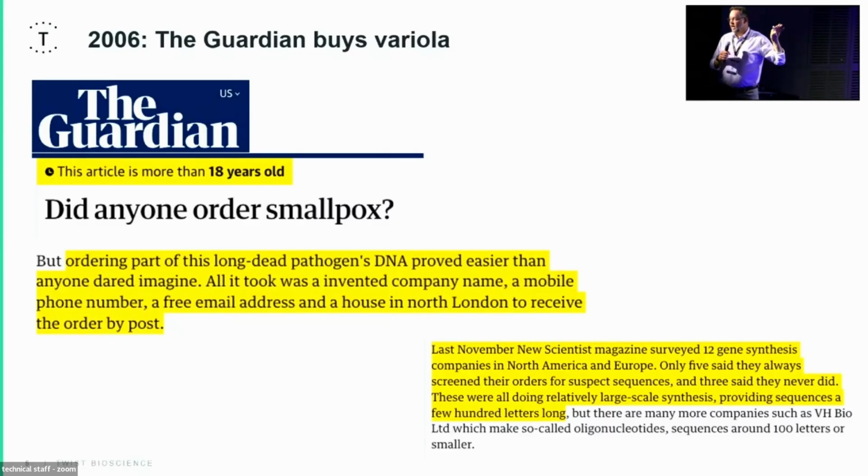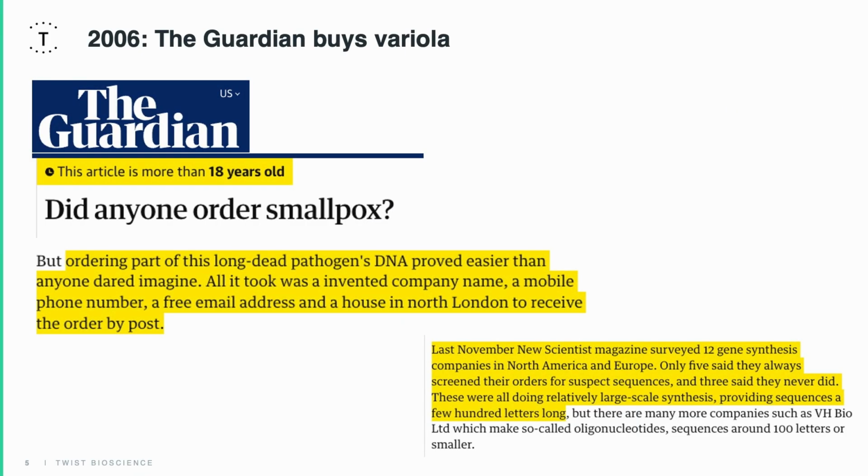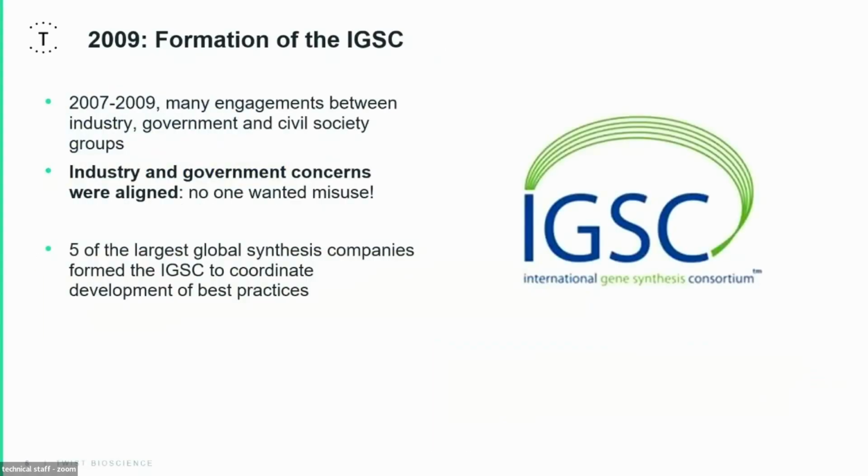And this really, I think, built a lot of attention on the industry side in terms of what you might think of as reputational risk. There was a wide awareness, even on the government side, that this didn't pose a threat scientifically or biologically, but it certainly posed a threat reputationally. And it really got industry and governments and civil society all around the same table, spending a lot of effort to talk through these issues.